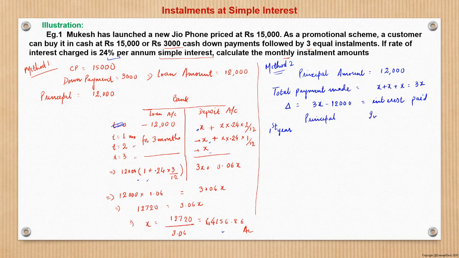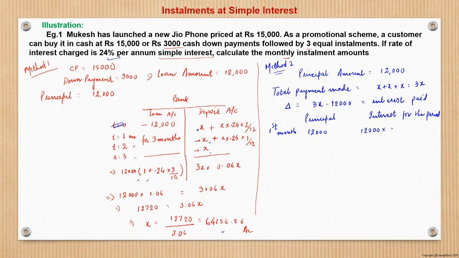And what is the interest for the period? First year, the principal at the start of the first year is 12,000 rupees, right? So what will be the interest? Interest for the period. Sorry, this is not first year, this is first month. Interest for just the first month will be